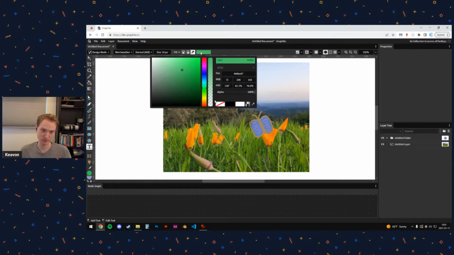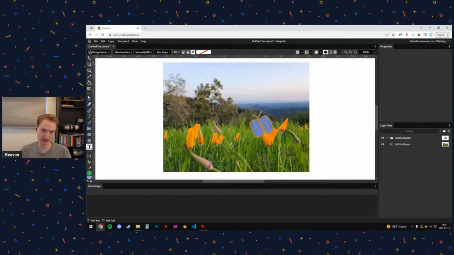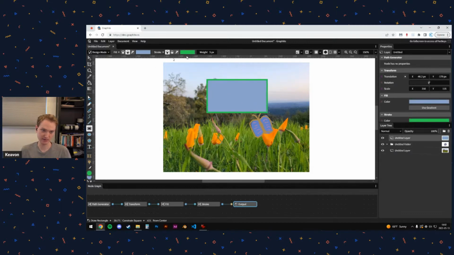And I could even remove it entirely if I wanted to have no color. And those will stay with the tool. So I switched to a different tool, now we have different primary and secondary, and then I switch back and it will stay with the tool. So at the moment we have it set to none on the text tool. I can go to the rectangle tool, and it'll look like this because we have the primary used for the border or the stroke, and the secondary, which is the blue color, used for the